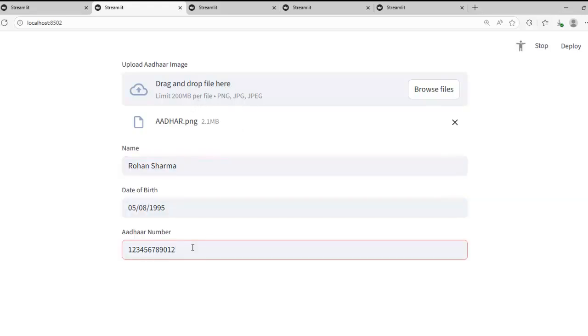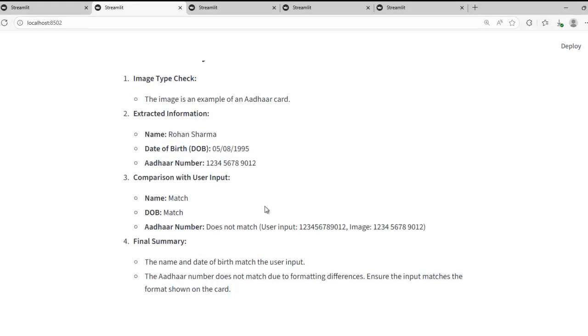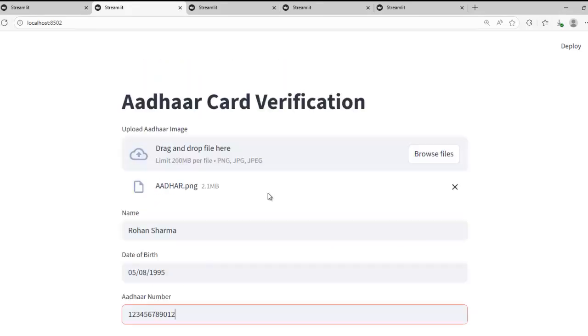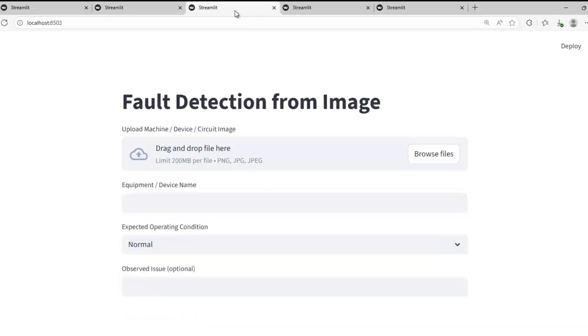Then it extracts the required information from the image. The extracted information is compared with the user input. Finally, the system generates a clear verification summary that you can see here. So let's build this application first, then we'll move to our next use cases.